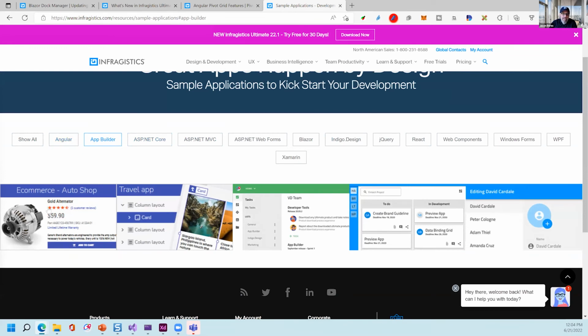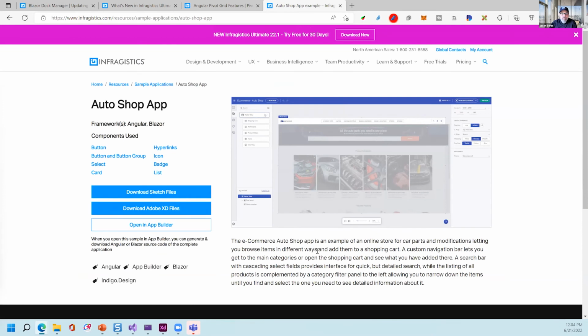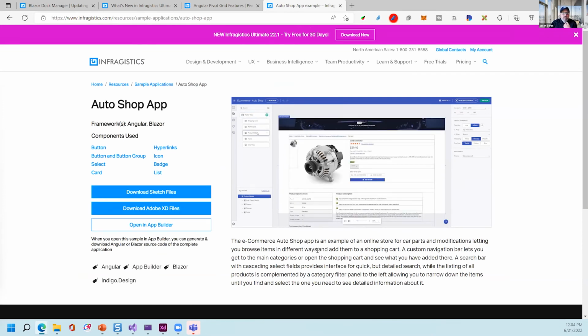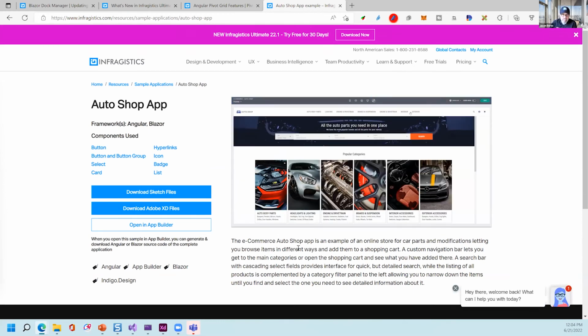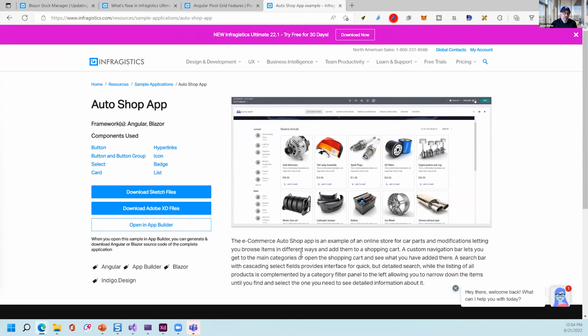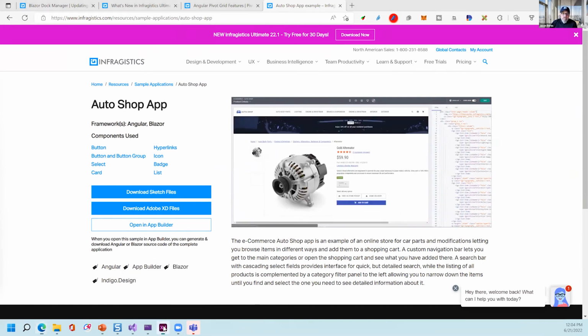But if you go to App Builder, any one of these samples here, like I just had the e-commerce auto shop open, what we're doing with these samples is we are giving you the Sketch or the XD file, which shows how the app was actually designed. In App Builder, you can open this up and you can download the code. So for example, this auto